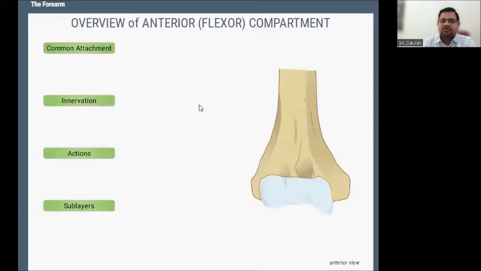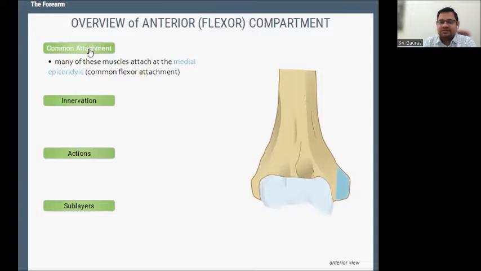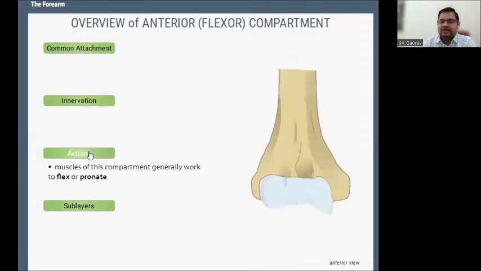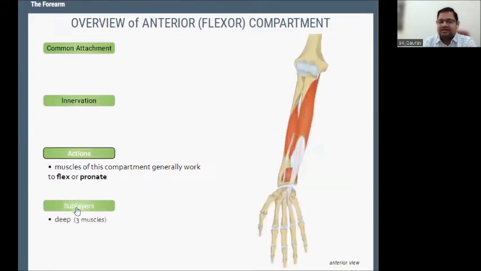Now coming towards the overview of the anterior compartment. There is a common attachment, as already told, that is the medial epicondyle. Innervation will be done by the median nerve mostly. The exception is 1.5 muscles, which are given by the ulnar nerve. Action, as already said: the muscles of this compartment generally work to flex or pronate, and there are sublayers which